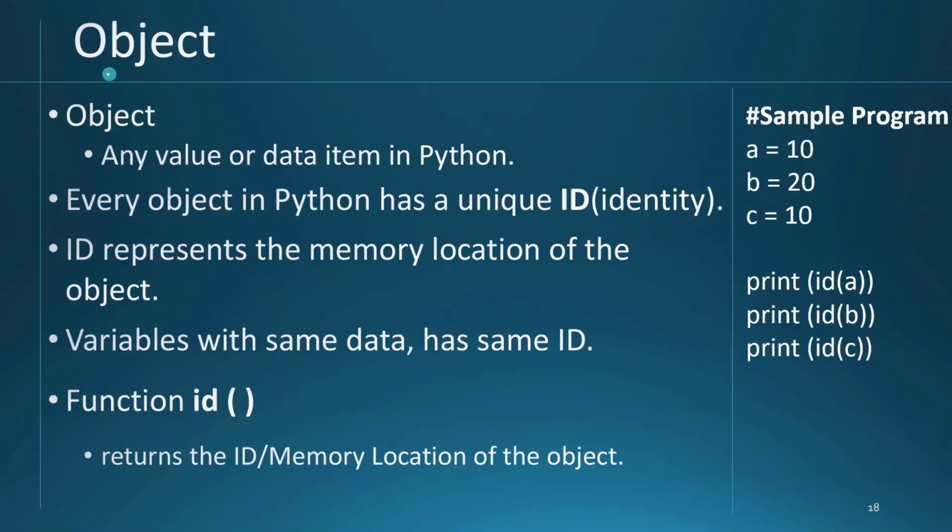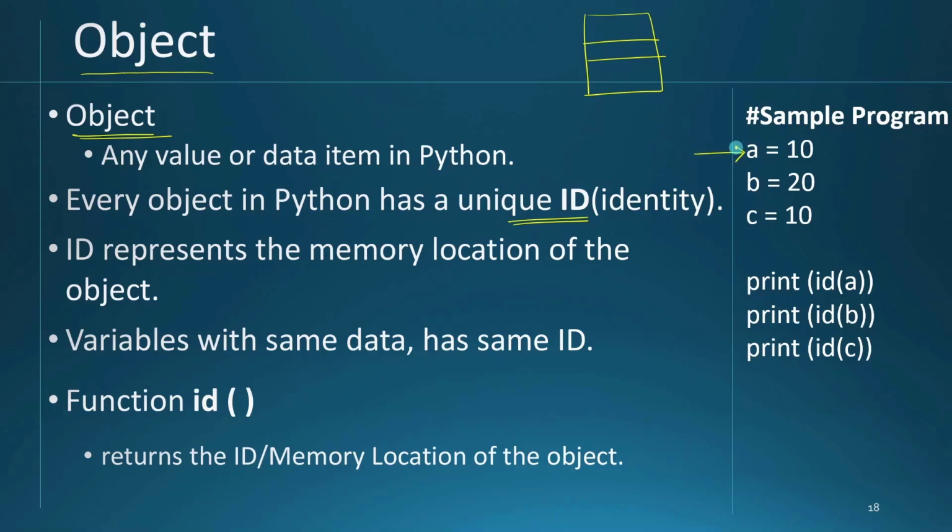Now finally, you have to get an understanding of what is an object in Python. Any value or data item that is stored inside the memory of the computer inside Python is called an object. Every object in Python has a unique ID, which is the representation of the memory where it is stored. For example, in memory,